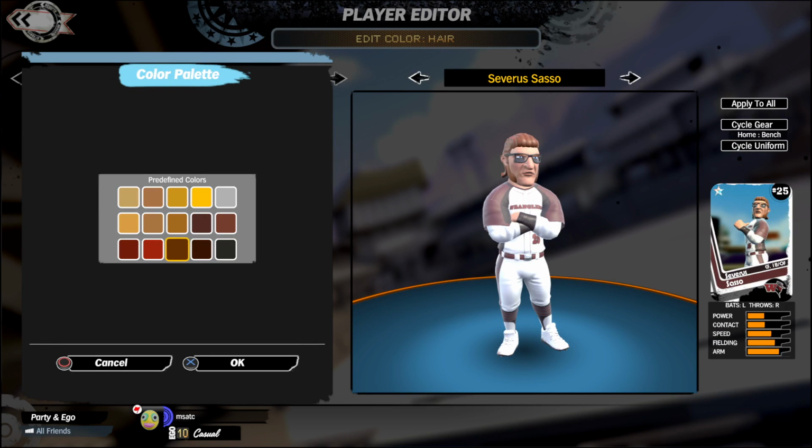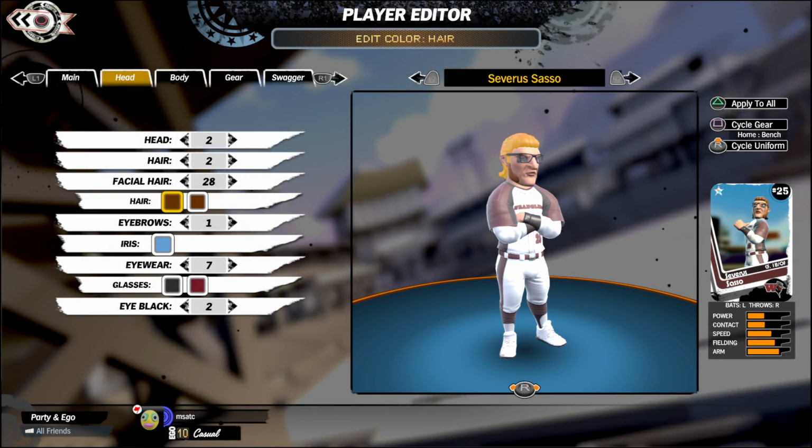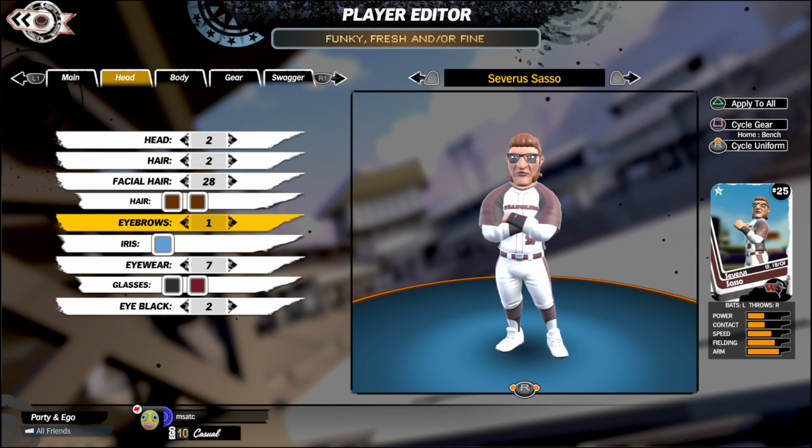Color options, again, aren't very extensive as it relates to hair. If you pick these top ones, it makes their hair pretty darn yellow. I think it's supposed to be blonde, but we'll just go back to his original color. We'll say okay. You've got some eyebrow options here. It's tough to see with this guy because he's wearing some glasses, which again you have quite a few options actually. But if you see your eyebrow action here, it adds a little bit of a layer to how they look,